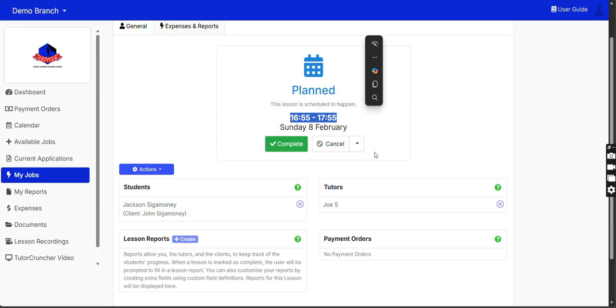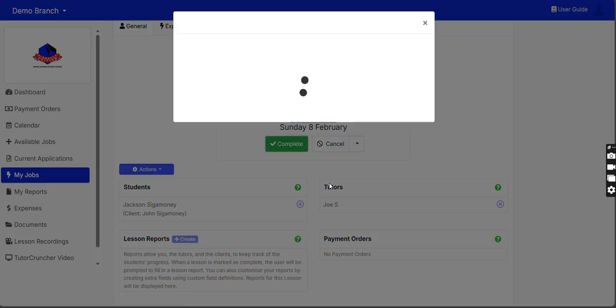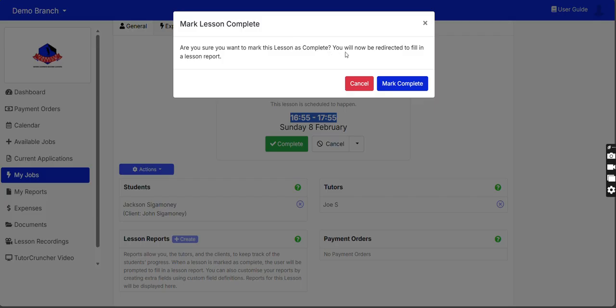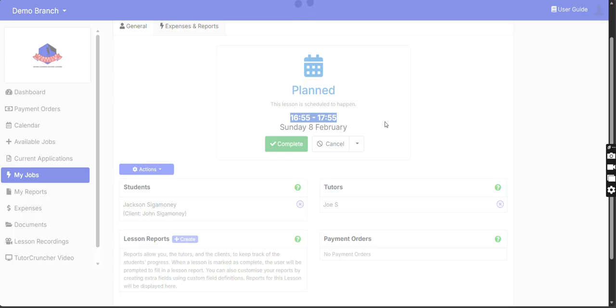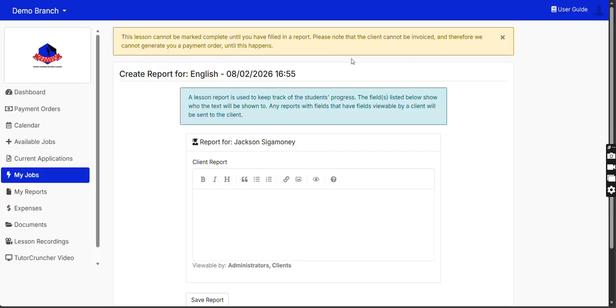So once you're done with your lesson, you're going to then have an option to complete. It says, are you sure you want to mark this lesson as complete? You say yes, mark complete. Now you have to automatically generate a report. Okay, so it's just loading now. Okay, so you're going to just say well done,